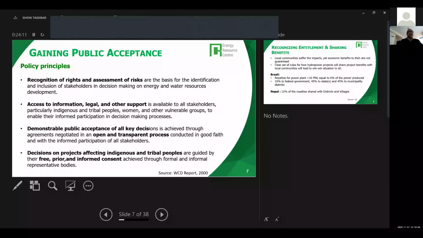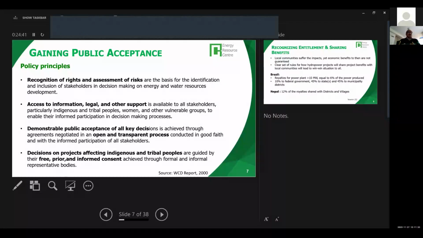Sometimes when you have big projects, big companies come and do the project. So the local people, the indigenous people, the tribal people, the women, the vulnerable groups, they may not have the capacity to really fully understand all the information available to them. So you have to find ways where information is provided to them so that they can make an informed decision. They can help you